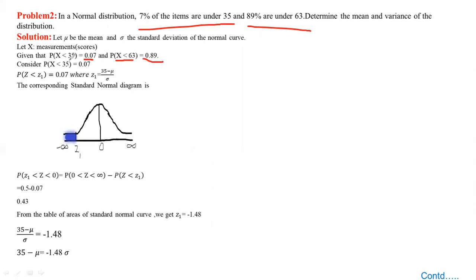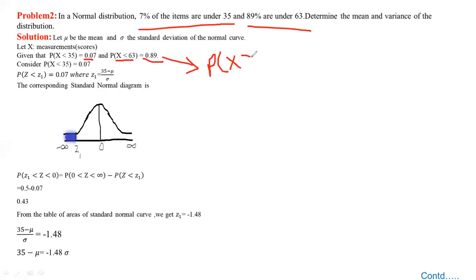If any one of these quantities is more than 0.5, we have to take the opposite sign. We can represent this the same way, because we know that the area under the curve on the left side is half and on the right side is half of the mean line. So it is more than 0.5. Instead of probability of x less than 63, I'm taking probability of x over 63.